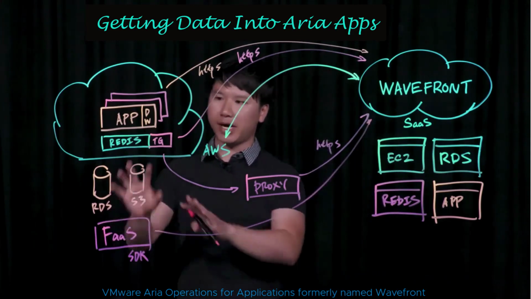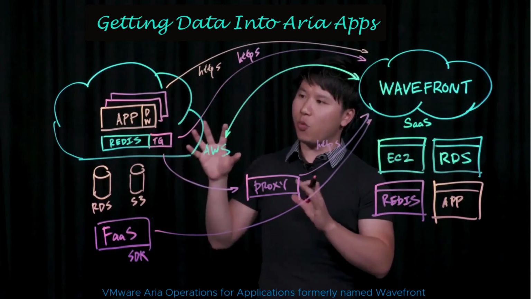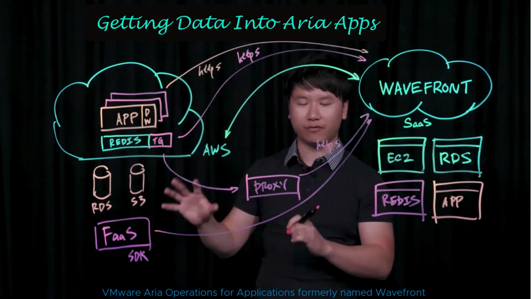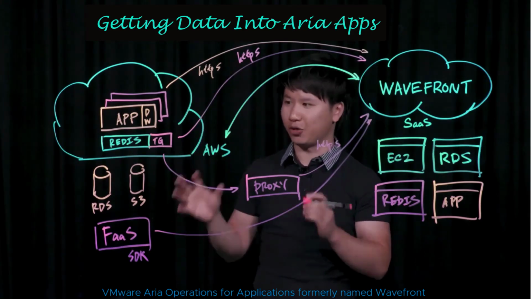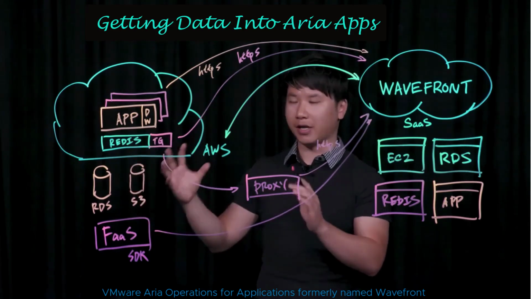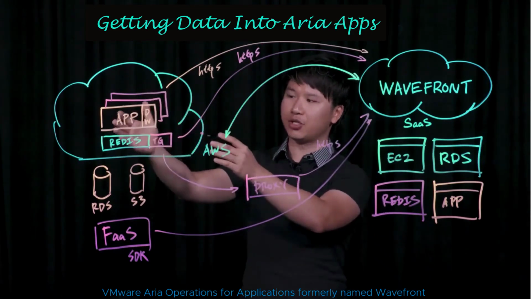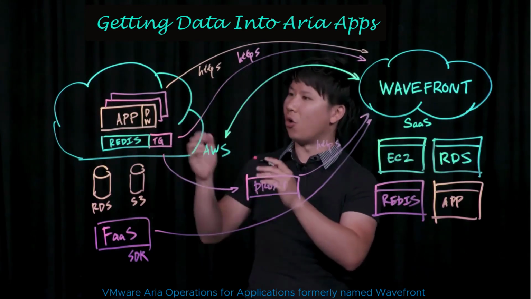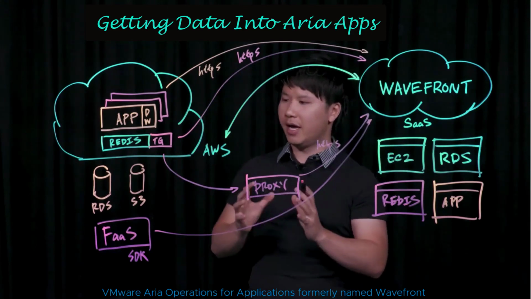The reason why I highlighted all of the ways that you could get data into Wavefront is that you want to have as much visibility into different components of your infrastructure as possible so that you could actually figure out what is going on in your application. In this particular example, you could diagnose issues with the cloud. You could diagnose issues with a packaged application like Redis. You could figure out issues in your own application with DropWizard, for example, Java garbage collection, or requests that are stalling. All of that is metrics that you could feed into Wavefront,